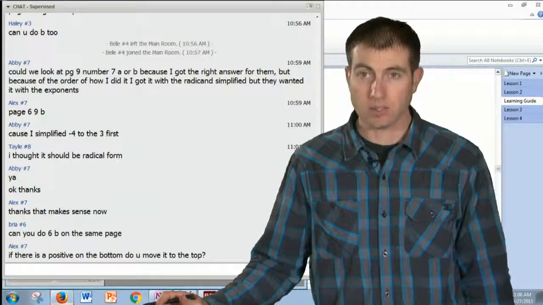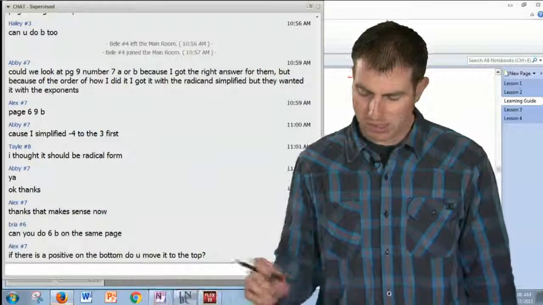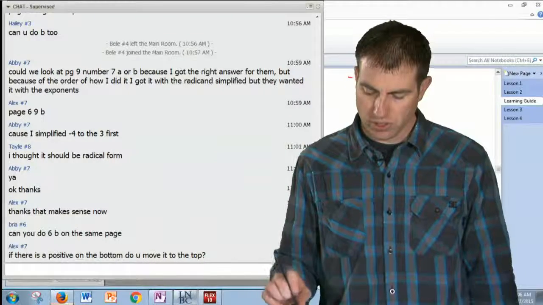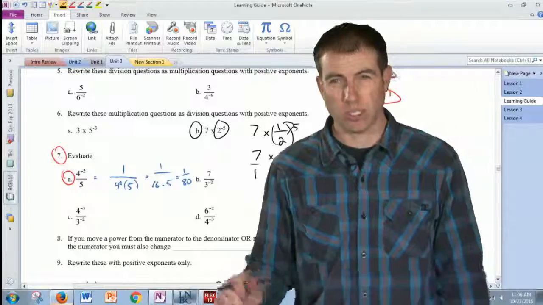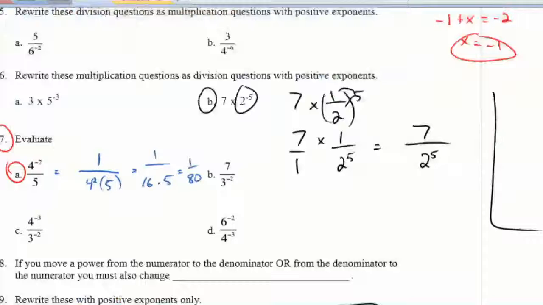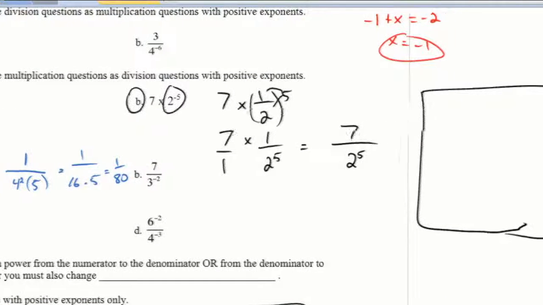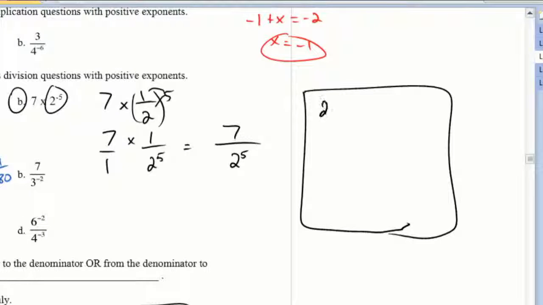If there's a positive on the bottom, do you move it to the top? I'm not sure I'm understanding your question, Alex. If there's a positive on the bottom, like if I had something like this over here, if I had like 2x to the negative 3y squared x to the 3,